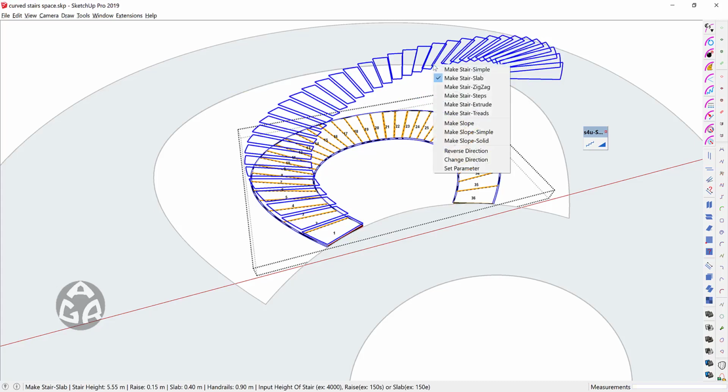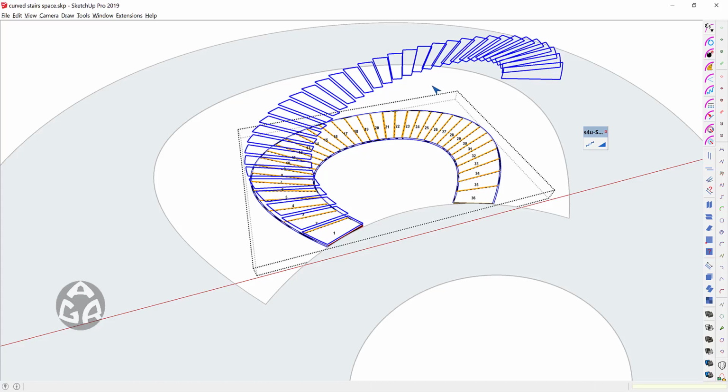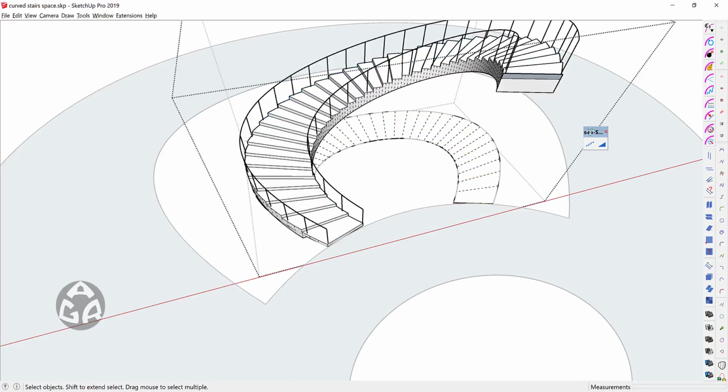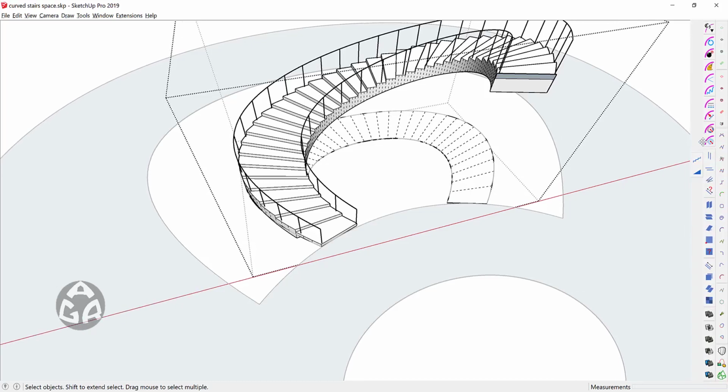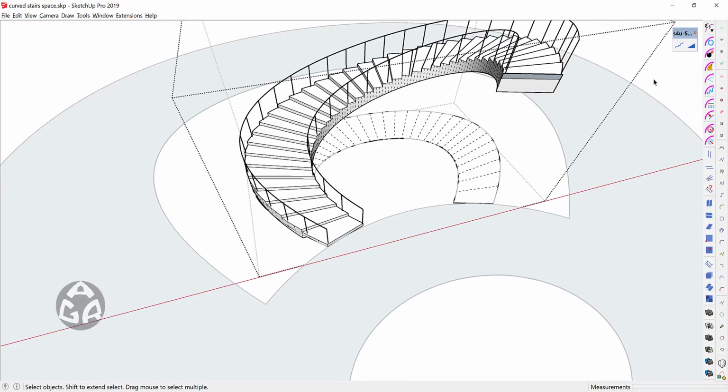I right click over here and click on Make Stair Slab, and I type 0.4 for the slab of this stair, and I will type 5.55 for the height of this stair, and then press the enter key to create this stair. I will dock this S4U Stairs plugin back in again, so it will not be docked over here. We can just leave it here or here maybe. Okay, so